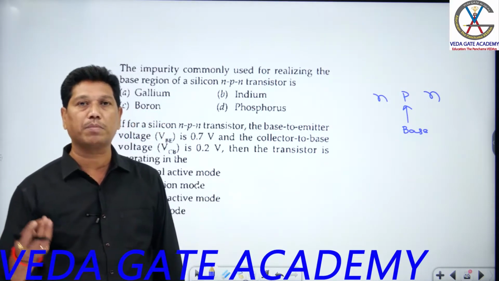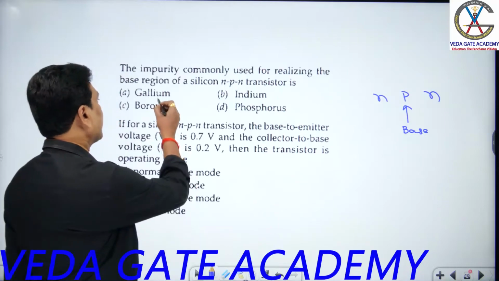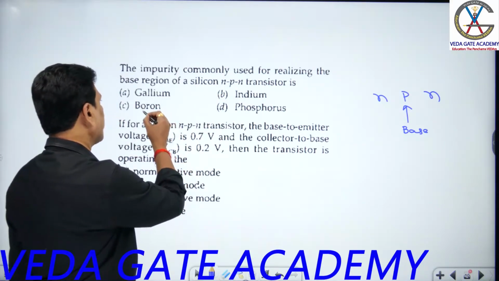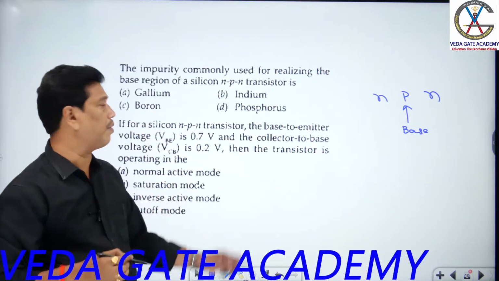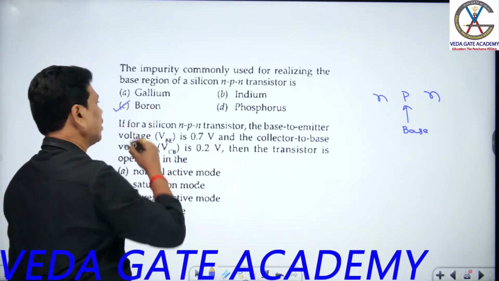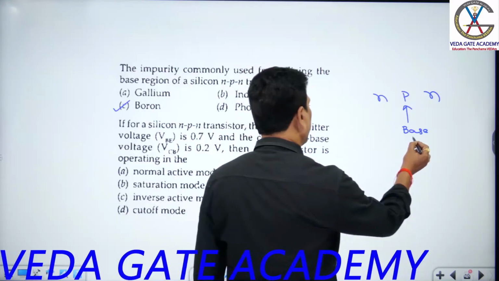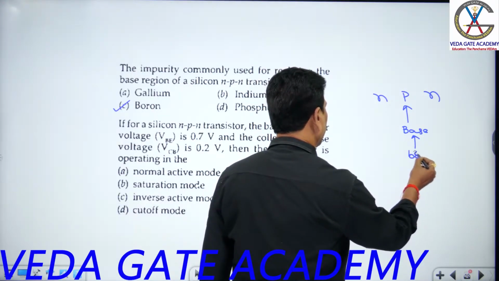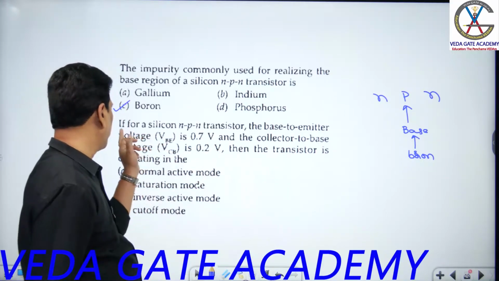If it is pentavalent, phosphorus you can use. Trivalent most commonly preferred is boron students. Even though gallium and indium are trivalent, as compared to boron, which is mostly preferred means boron only, even as compared to gallium and indium students. So the preferable answer is C. Okay, so this is the base that will be mainly made of boron. Next question in this one students.